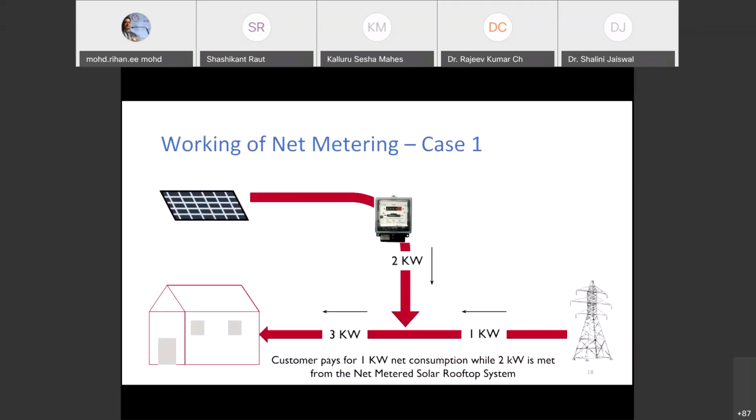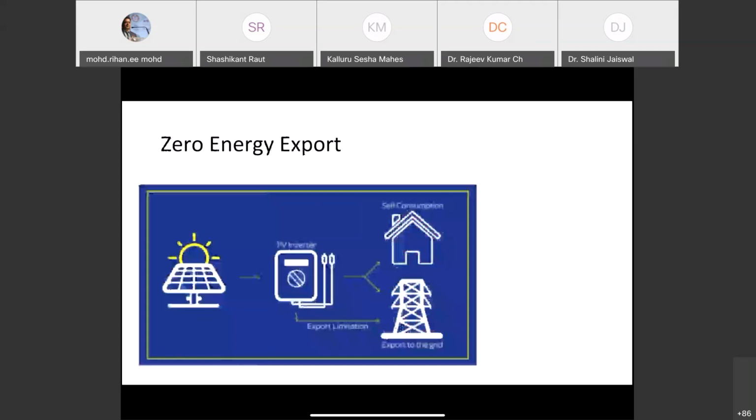this 2 kilowatt in gross metering will be exported completely to the grid, and this 3 kilowatt which the house requires will be withdrawn from the grid. Now suppose the tariff, that is the per unit rate at which you are purchasing electricity from the power corporation, is say 6 rupees per unit. Then in a gross metering system, if you are offering say 18 rupees per unit, that is a clear-cut incentive for people to install solar plants at their houses. That is what I am discussing with the example of Sri Lanka.